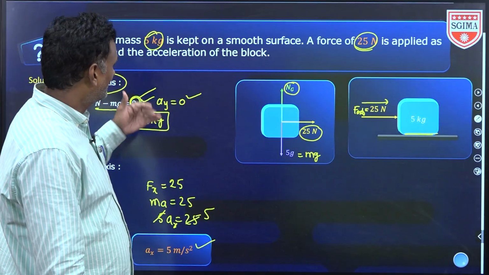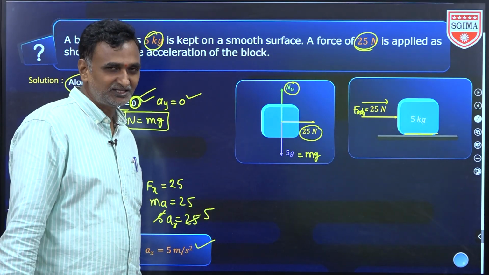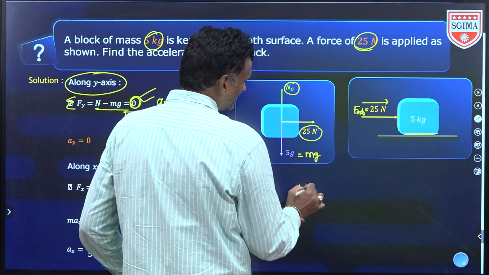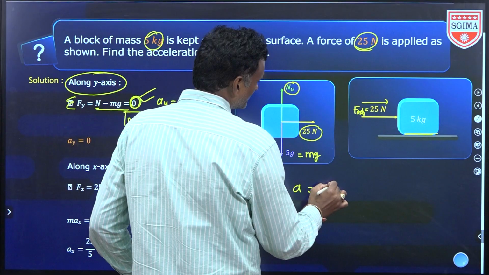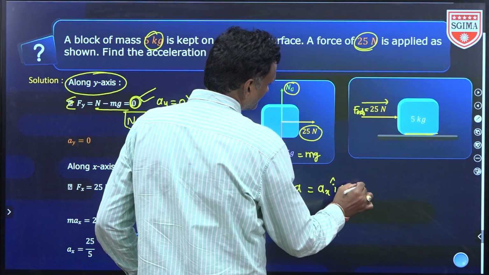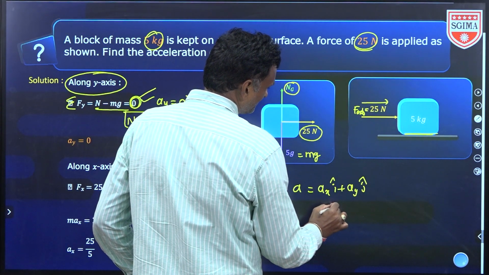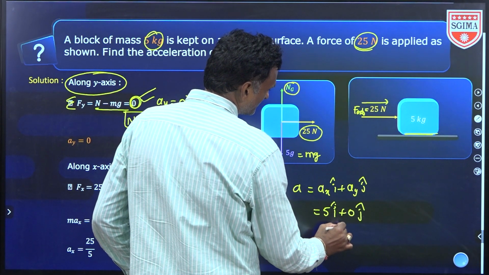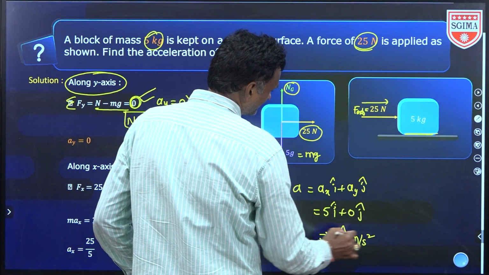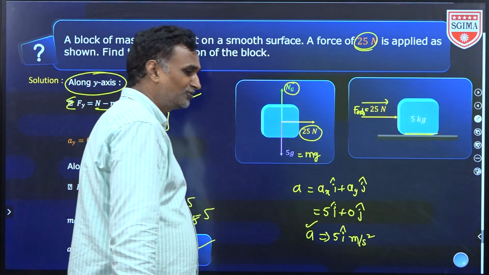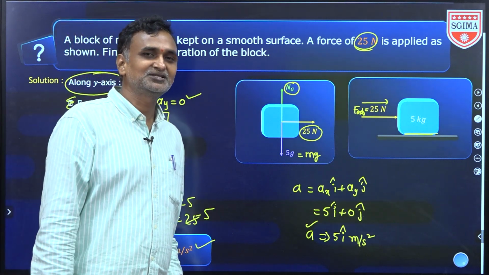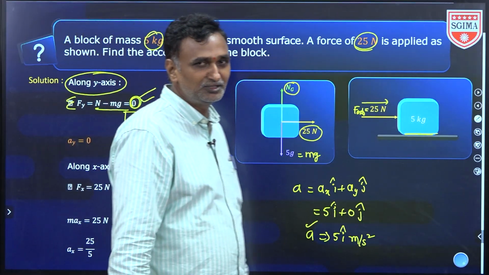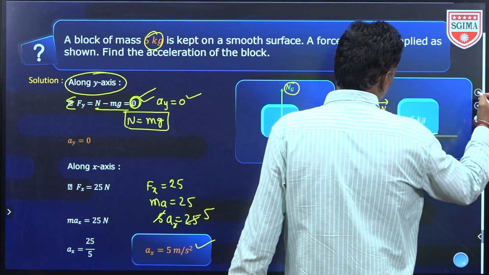So in the y direction it is 0, in the x-axis 5 meter per second square, and net acceleration, in some cases they will ask, equals ax i cap plus ay j cap, that is 5 i cap plus 0 j cap, finally 5 i cap meter per second square, and its total magnitude of acceleration is also 5 meter per second square. So this is the way we can solve a question based on FBD. Next case,